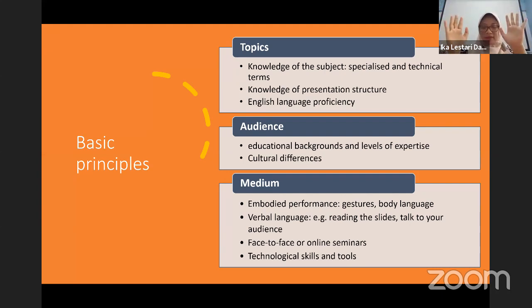But maybe it's a bit awkward when I use my hands like this, at least for me, because I need to make sure that my hands can be seen. But I don't know whether the movement of my hands can really clarify the meanings or just make you even more confused and get distracted. But perhaps your facial expressions can be more prominent when you present in an online setting like this.